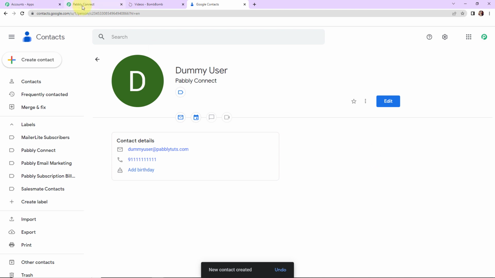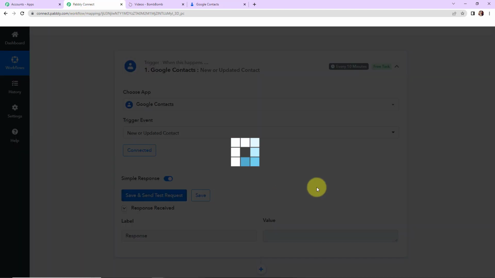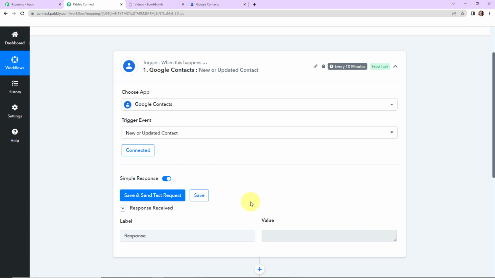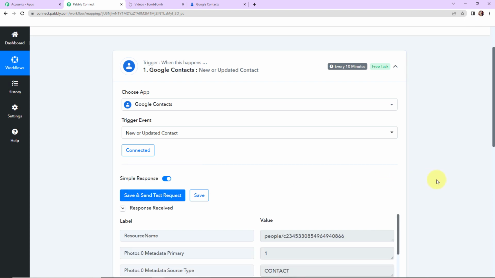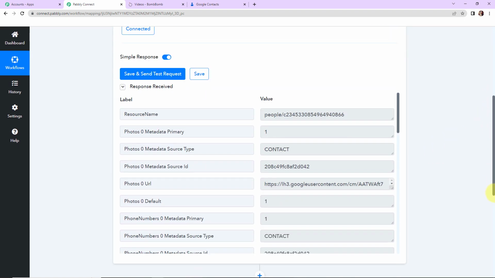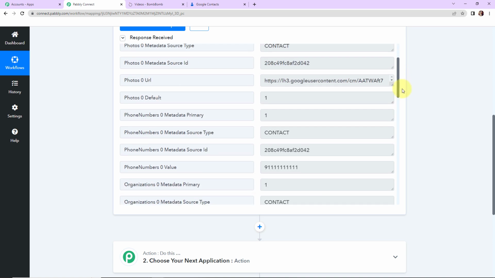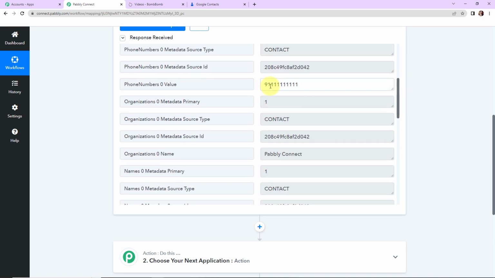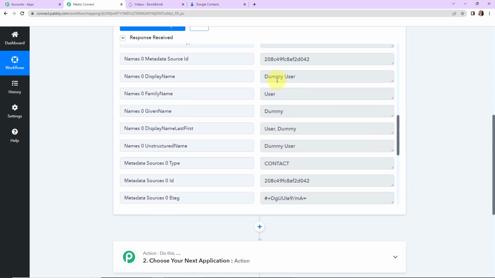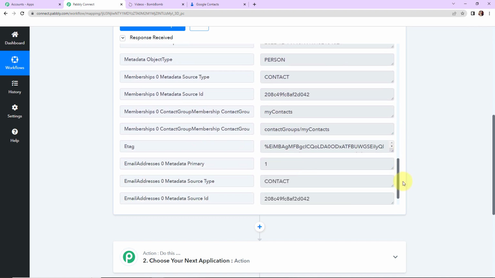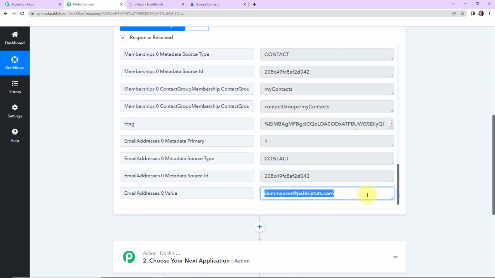Now I'm going to take you back to Pabbly Connect and I'm going to click on the save and send test request once again. So here you can see that we have received the API response. So if I show you this, this is the mobile number. Here is the mobile number. This is the name of the company. As I take you down, this is the name of the person. Here is the last name. This is the first name. And then again, as I take you down, here we have the email address of the person. So once we have received this API response,